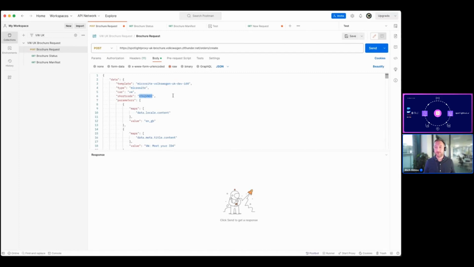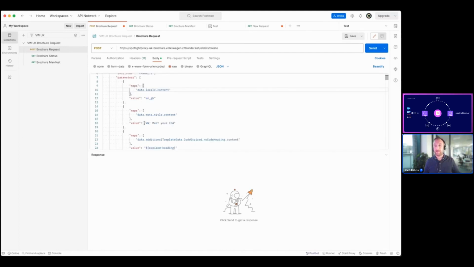So here we're seeing a different config code, and that looks different across OEMs, but the concept is the same. And it's going to provide that microsite, but with that configuration. With this particular template, we've got lots of parameters, so you can edit text, you can do lots of things. But for one example here, we have a default text. It's a default title on this microsite where it says meet your ID4. And that can read things from the configuration code. It can read the trim. So if it's an ID4 GTX, it will change to meet your ID4 GTX.